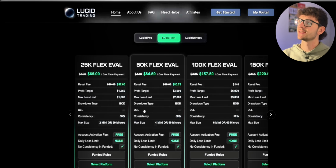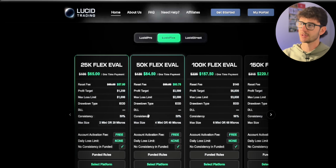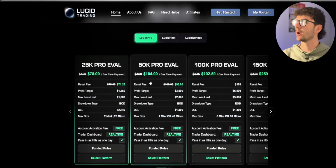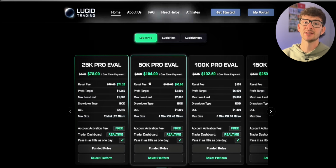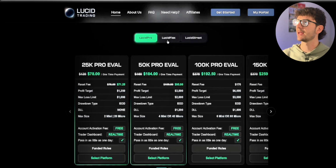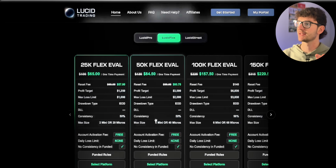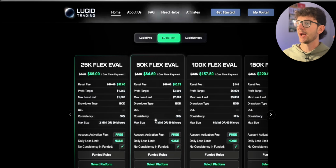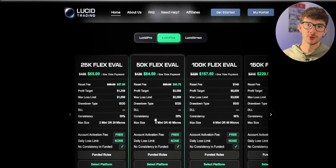Then we do have a consistency rule on the eval for the Lucid Flex. This is an important difference to Lucid Pro. Lucid Pro, we had no consistency rule on the eval, but we did have one on the funded. Lucid Flex is the opposite. You have a 50% consistency rule on the eval, so it's better than the 40% on Lucid Pro, and you'll see in a minute that once we move to the funded on the Lucid Flex,